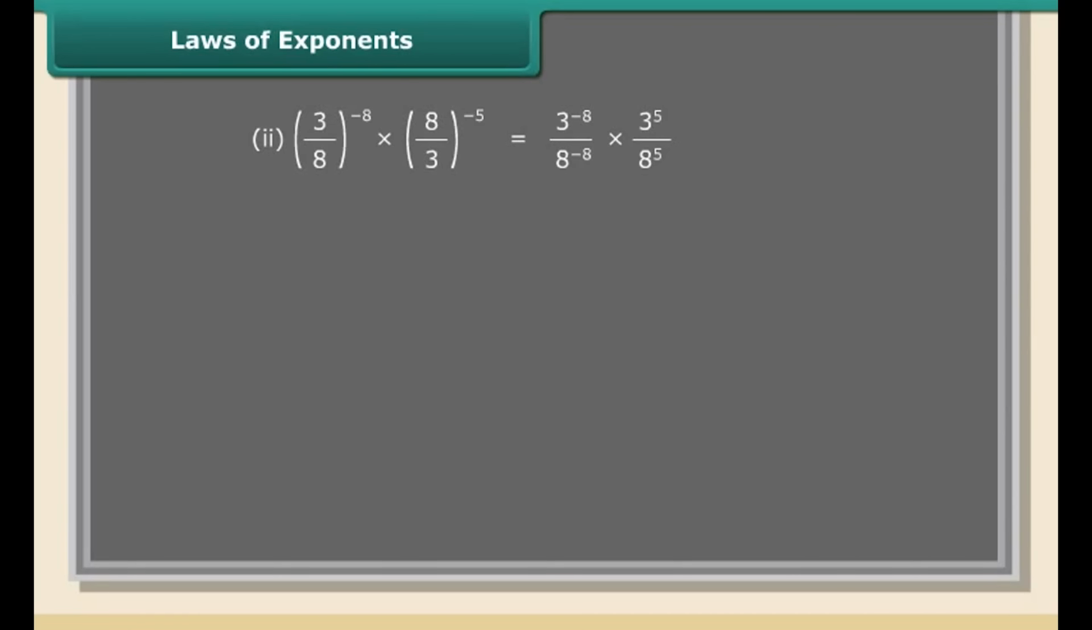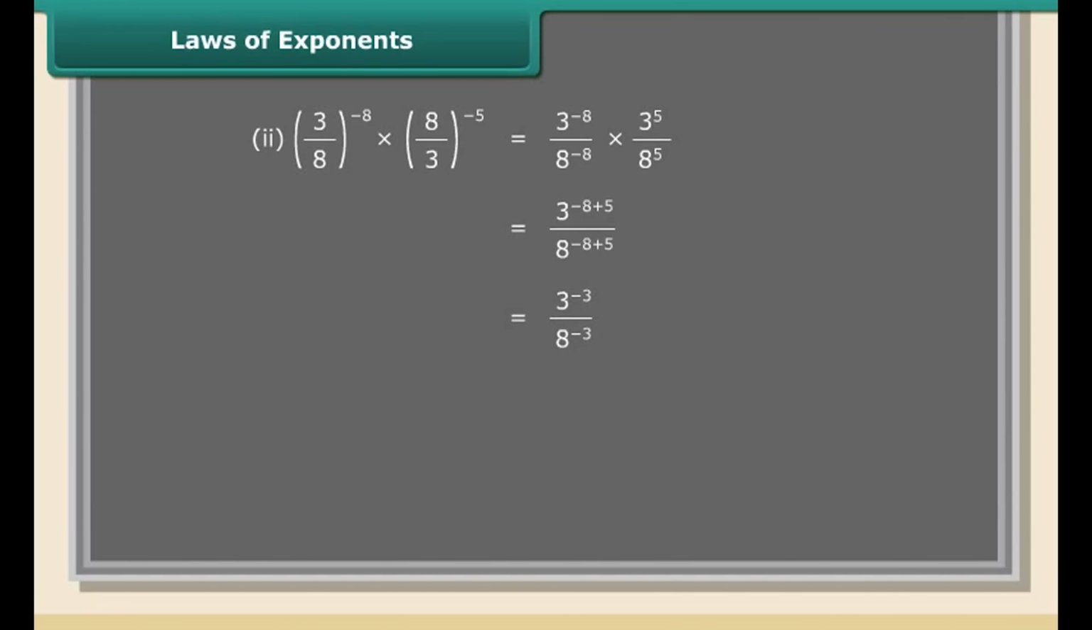equal to 3 raised to the power minus 8 upon 8 raised to the power minus 8 into 3 raised to the power 5 upon 8 raised to the power 5, which is equal to 3 raised to the power minus 8 plus 5 upon 8 raised to the power minus 8 plus 5, which is equal to 3